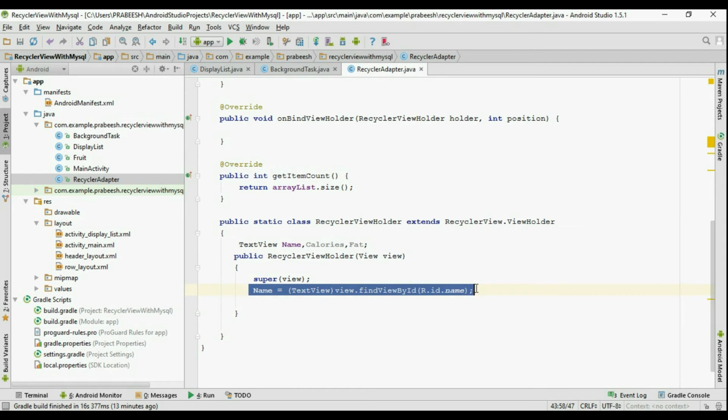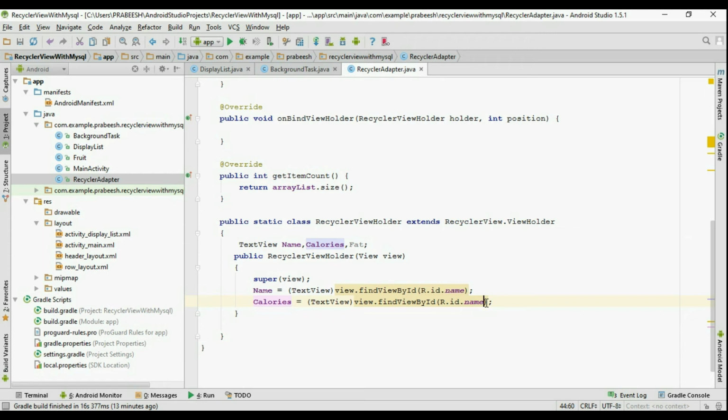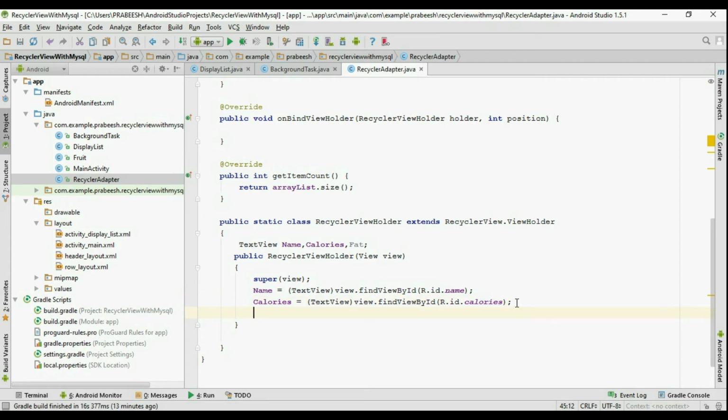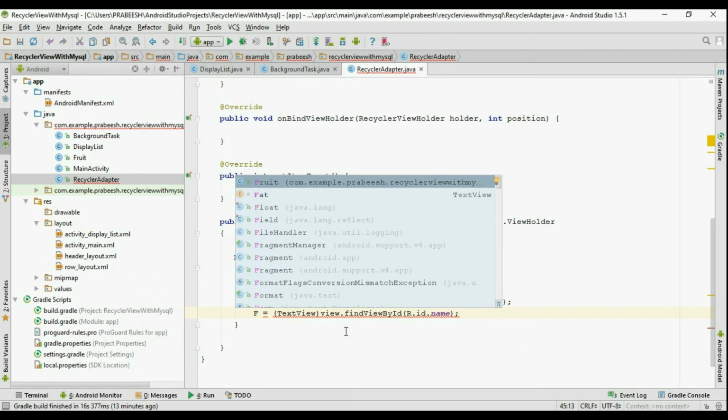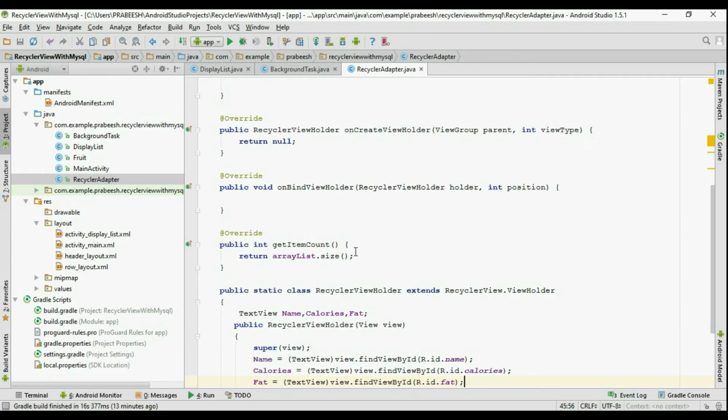Now second variable is calorie, so copy this statement, paste it here. Second variable is calories, and here it is calories, and the last variable is fat, and here it is fat. Okay, so now we initialize all the variables. Now go to the